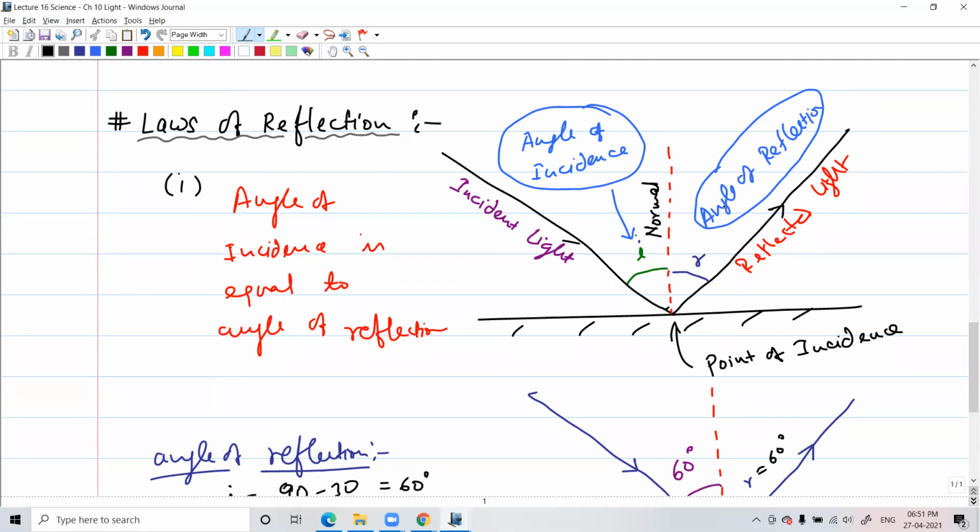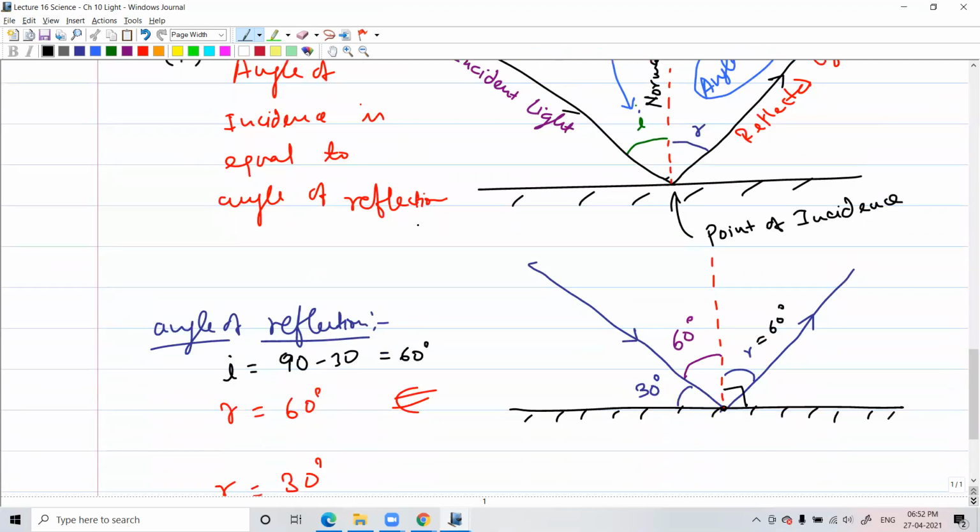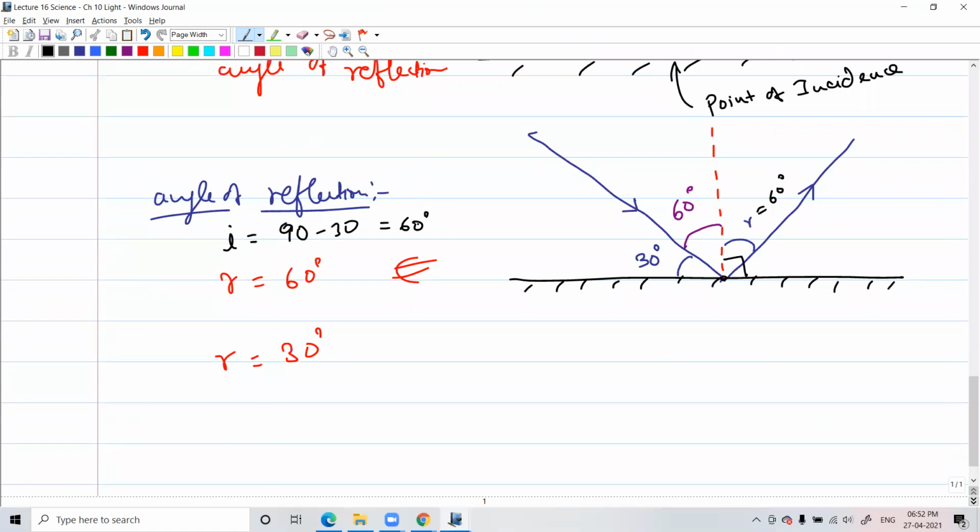So think of light as a blind person. It doesn't know anything else. The moment it hits any surface, think of some kind of set square. It just takes the thing, measures the angle, and bounces back at the same angle at which it came. All right, so I think it's a fairly simple idea. You should understand angle of incidence is equal to angle of reflection. So that was your first law.